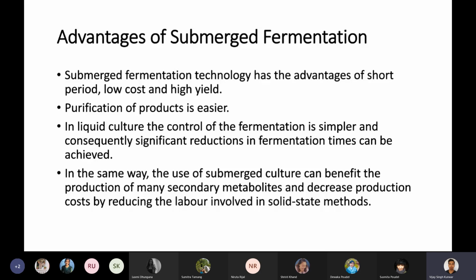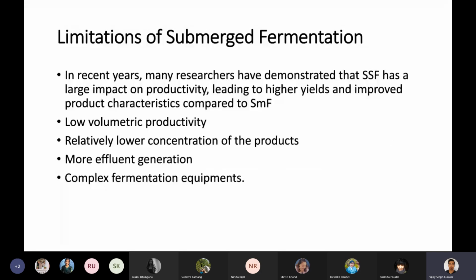So what are some of the limitations? Many researchers have demonstrated that solid state fermentation has a large impact on productivity, leading to higher yields and improved product characteristics compared to submerged fermentation. In submerged fermentation, since there is this aqueous medium,